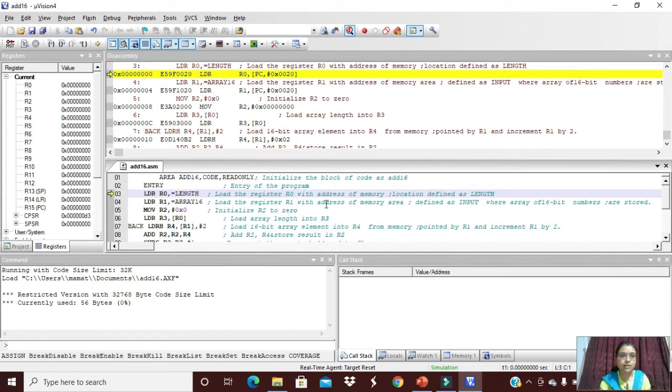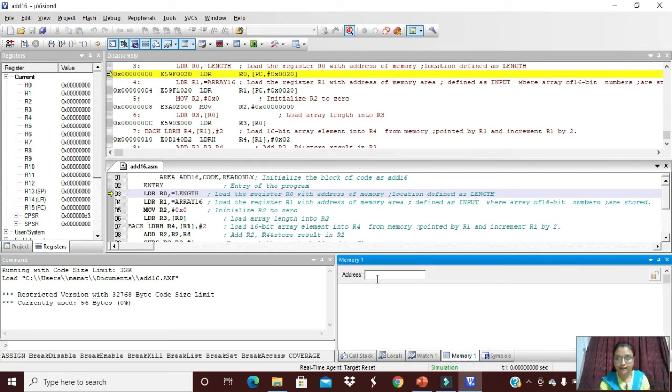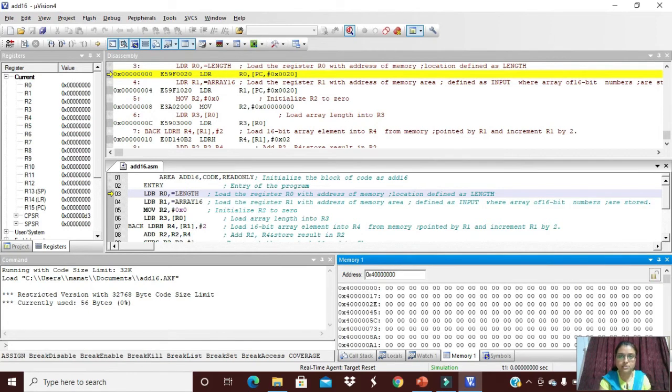See here, this is the output window, where it is showing Memory 1. Press on this, it will show the address. Right. Here the address, as I told, is 0x4 followed by zeros. Then press OK. It will show the address here. Here we have to give the values. First, the length of the array, as I told, 4 is the length of the array I have given. As it is 32-bit, 4 memory locations are left. I'll give the values. First I'll give the value 1.